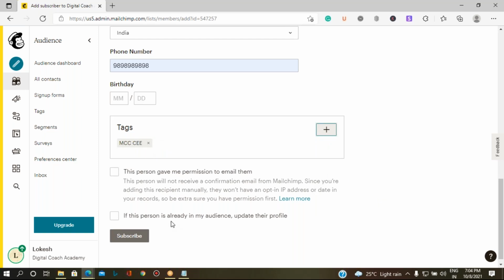Now it's mandatory that whenever you add an email ID list, you select the option that this person has given permission to email us. It is mandatory to tick this option. Why? Without the permission of that person, we cannot send a mail.